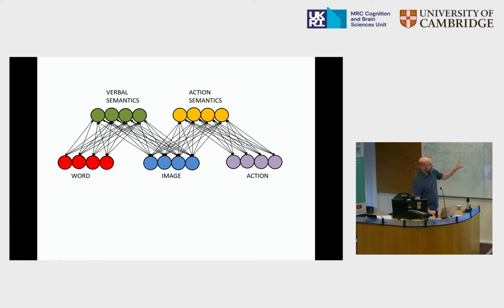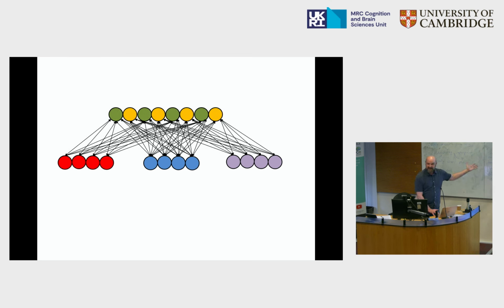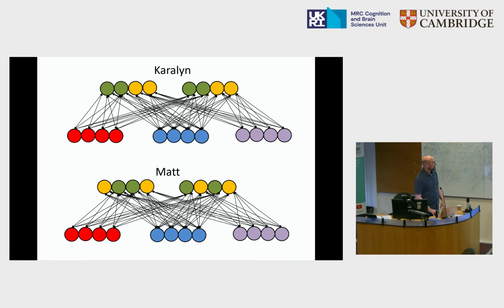So in other words, I can take this nice figure, if I just move those units around but don't change the connectivity, the function that this network carries out is exactly the same. Indeed, if I do it like this, the function is still exactly the same. But now you can see if I'm trying to look kind of in the green-yellow area for what the function is, the two different functions being carried out are sort of interdigitated or interleaved, and it's not going to help me to assume that that local area is all doing the same thing. It doesn't even stop there, because we might imagine that this is Carolyn Patterson's brain and this is Matt Lambon Ralph's brain, and there's some kind of overall general similarity, but maybe they're not exactly laid out in precisely the same way.